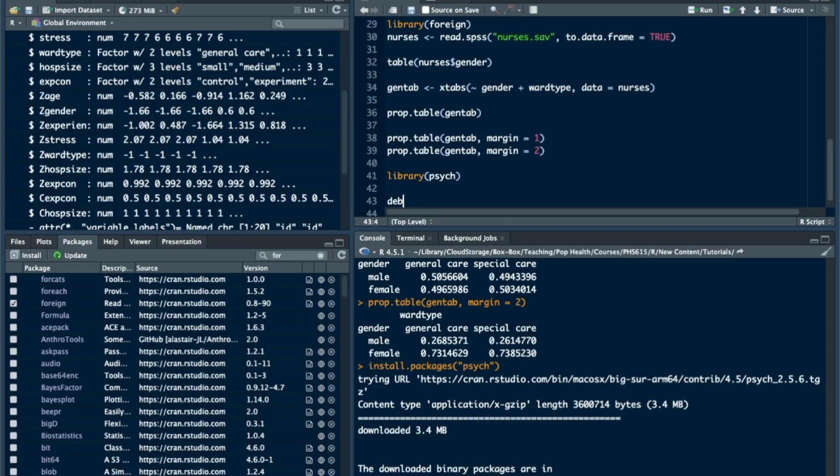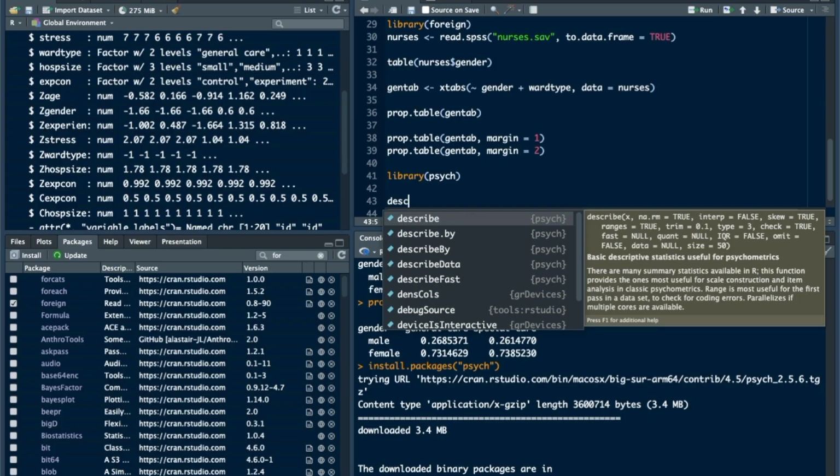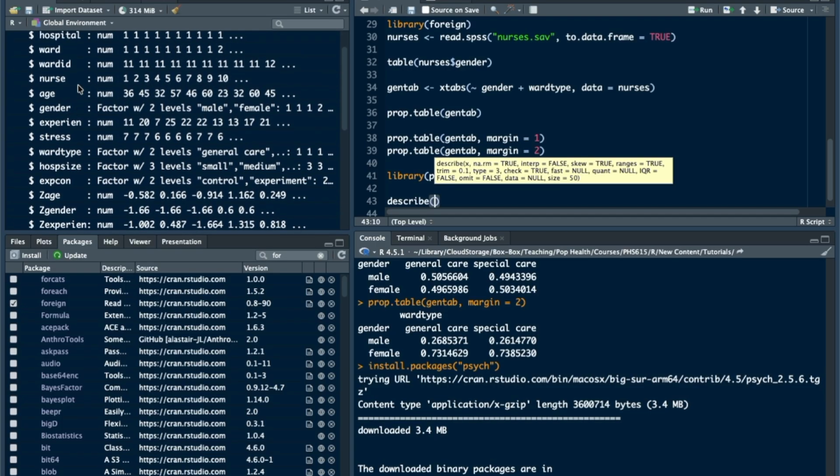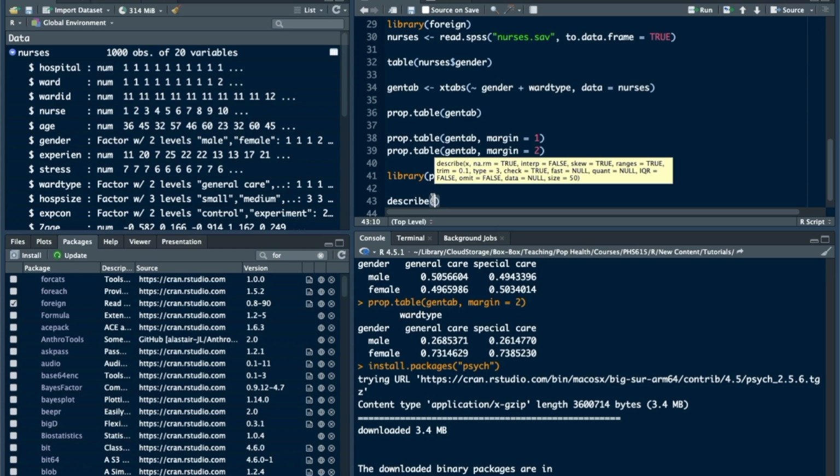So it does what it sounds like. It's basically a clone of what you would get in SPSS. So again, you have to pass it particular columns in your data set. And so I'm going to use a different method for doing that. So this is called matrix indexing. So I use the square brackets, and